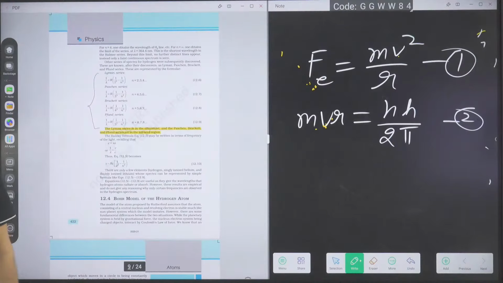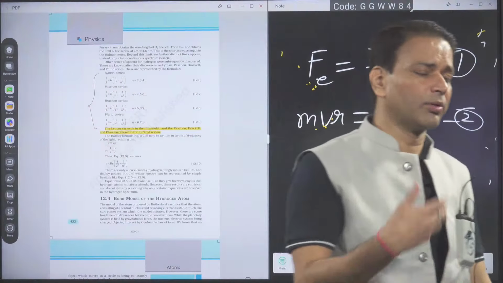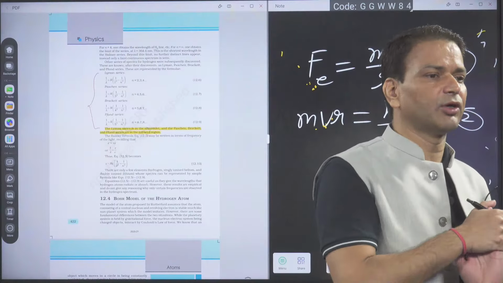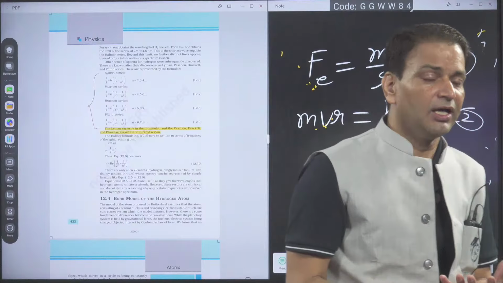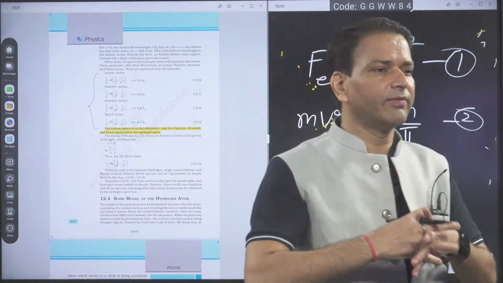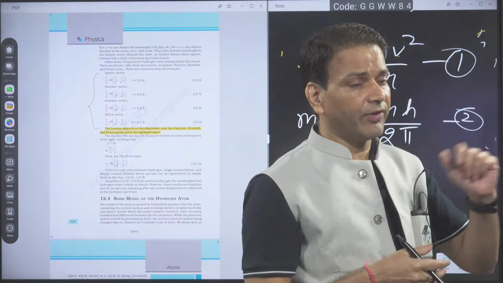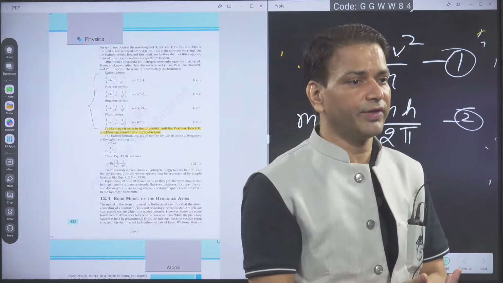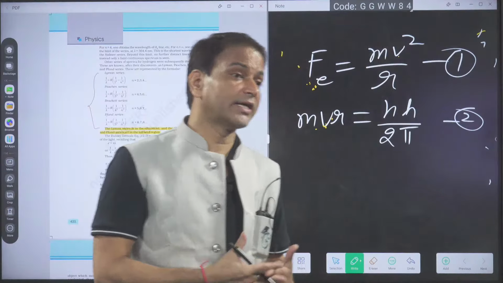Lyman, Balmer, Paschen, Brackett series, everybody knows. We have to know the minimum orbit number: for the Lyman series it is 1, for Balmer it is 2. In one PACE exam we gave a question that there is no overlapping in the wavelength of the Lyman and Balmer series. We cannot mug up all the wavelengths, but we can relate with the energy very easily. If I ask, in the hydrogen atom, what is the minimum energy of photon we can get in the Lyman series? That is 10.2.